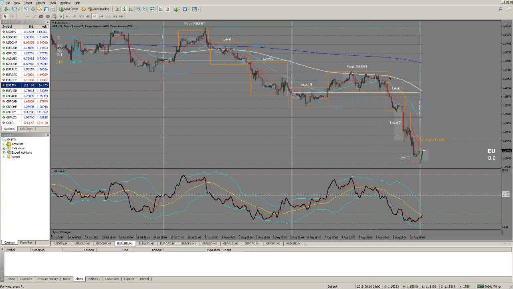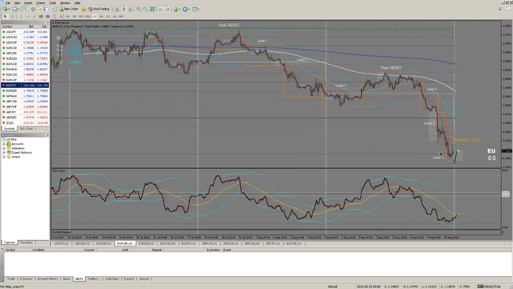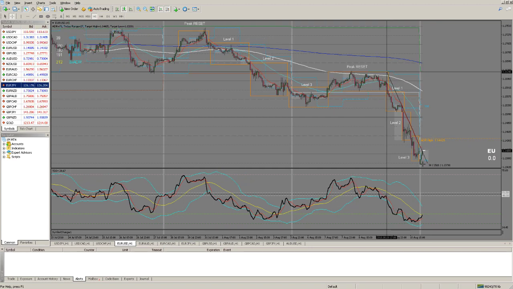So this was our peak reset, then they took it down level 1, level 2, and now we're in level 3 drop. If we measure from here to here, it's about 250. So we've exceeded 3 times ADR from this peak to this peak. And we're also at the all-time lows for the year on EU, right? So ideally, what we want to see is some kind of W pattern